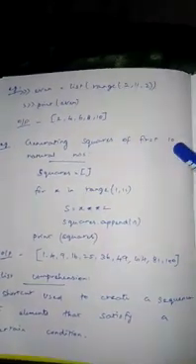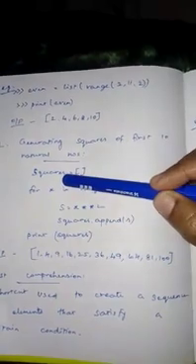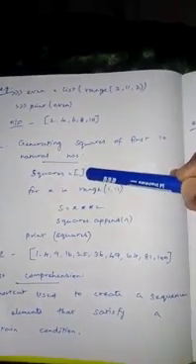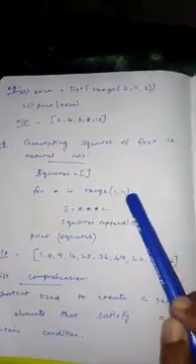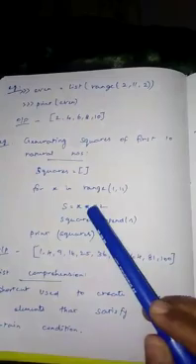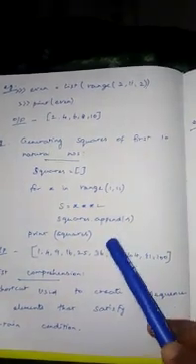Generating squares of the first 10 natural numbers. I am going to print the squares of the numbers 1 to 10. First, a very simple thing: squares is a list, and I am giving it as an empty list. Next, for x in range 1, 11, s is equal to x power 2, x squared, like that. Then squares dot append of s, then print squares. What will happen here?